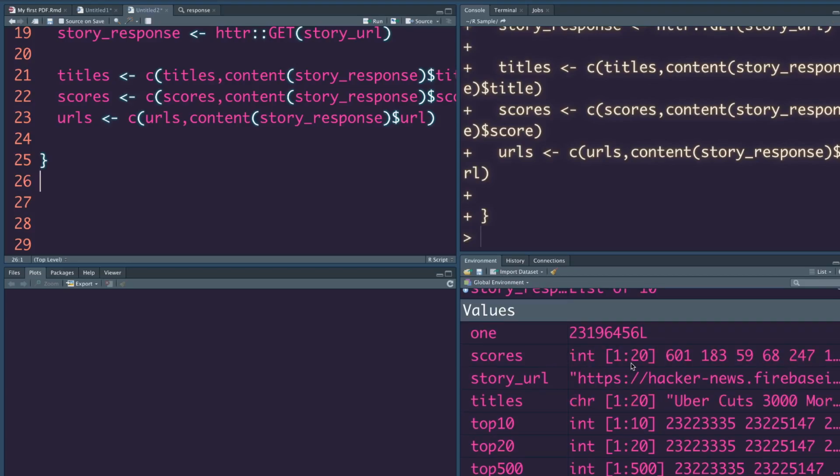And you can now see that you have 1:20, 1:20, and we have 20 titles. So now that we have got all these things, we can use simply cbind titles, scores, URLs, and we can do as data frame, and we can say HN top 20.